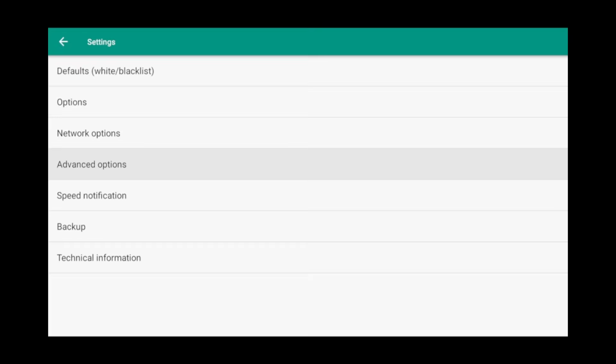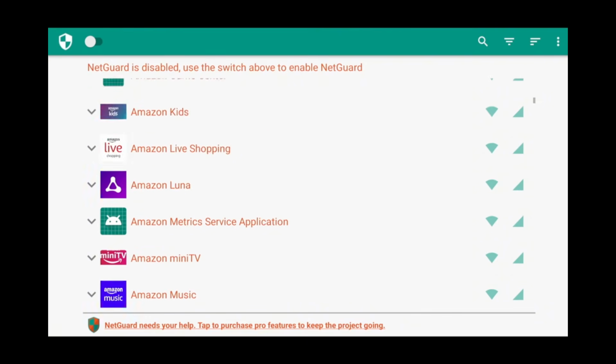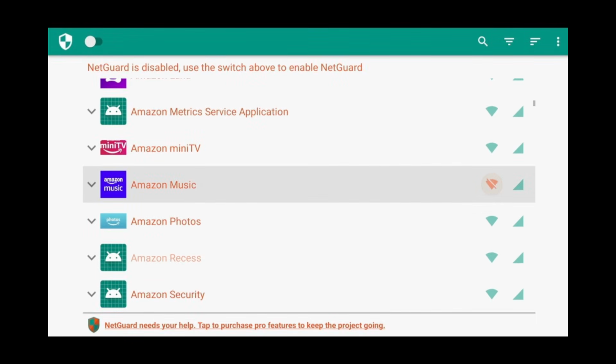Now, press Back. Then, scroll down and look for the app that you just uninstalled. Once you found the app, click the Wi-Fi icon beside it. Then, click the internet connection icon beside it. This prevents the app from connecting to the internet